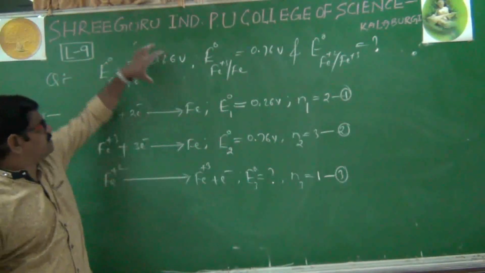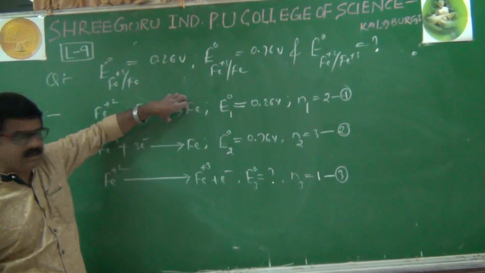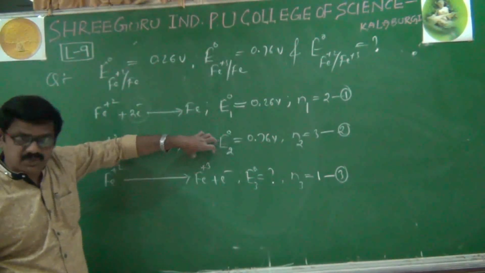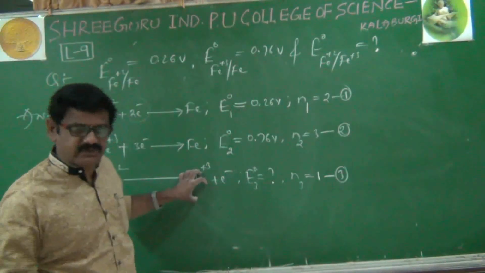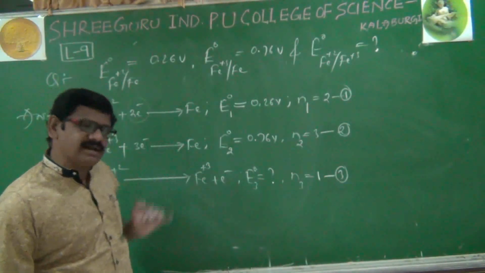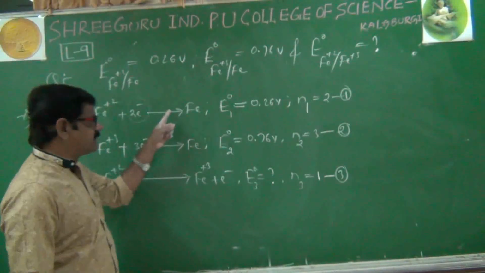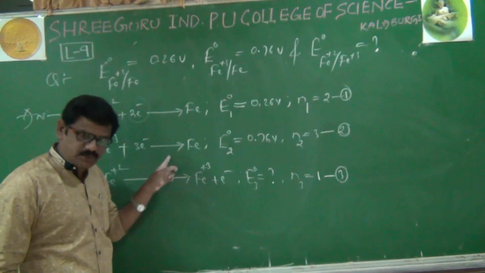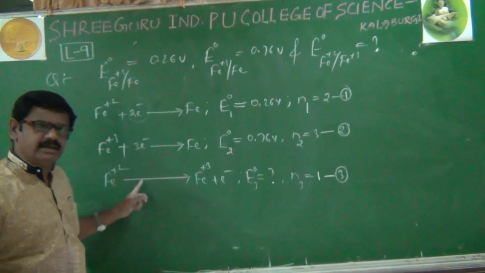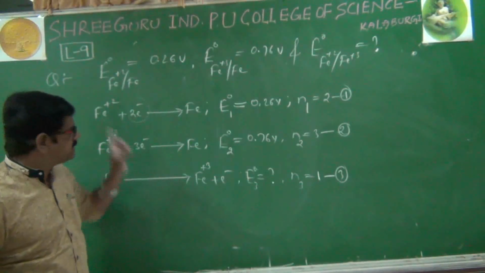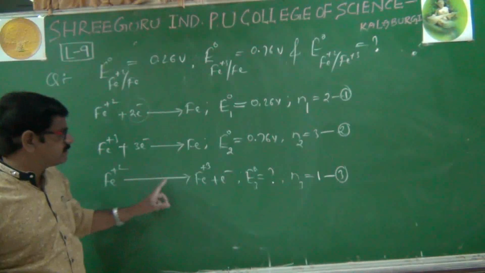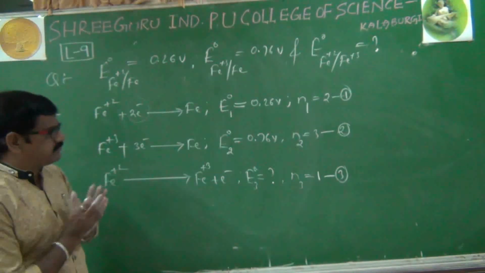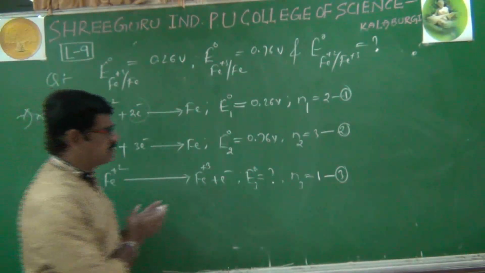Okay. From the first data we have written equation 1, from the second data equation number 2, and from the third data equation number 3 also. Now what is our target? With the help of equation 1 as well as equation 2, we have to get equation 3. First we'll check how it is possible. I'll write here.